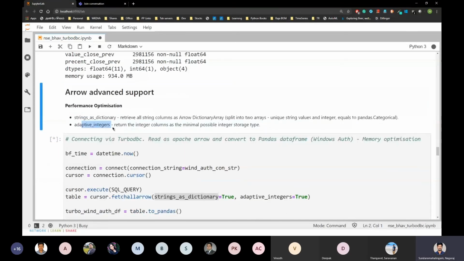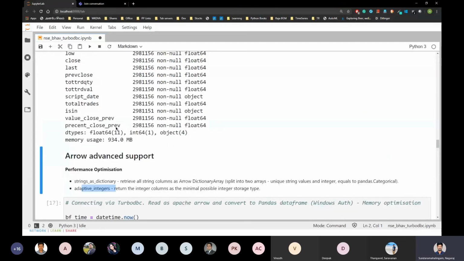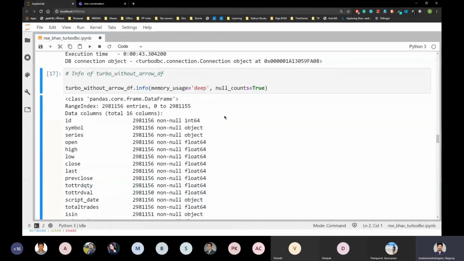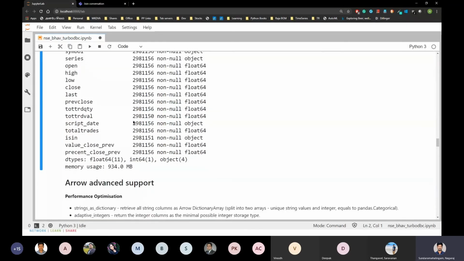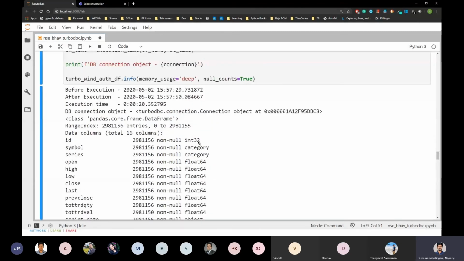And adaptive integer. Let's say here the data type of this ID column is integer 64. It has 29 lakhs of data, which means let's say 3 millions of data. But even with integer 32, I can store this many numbers.